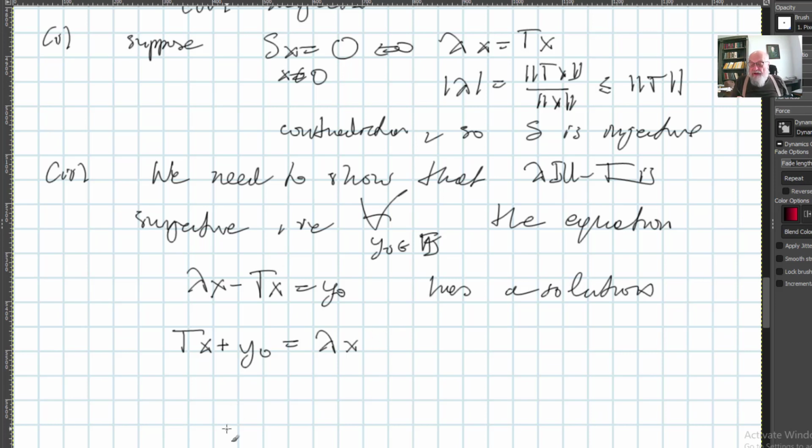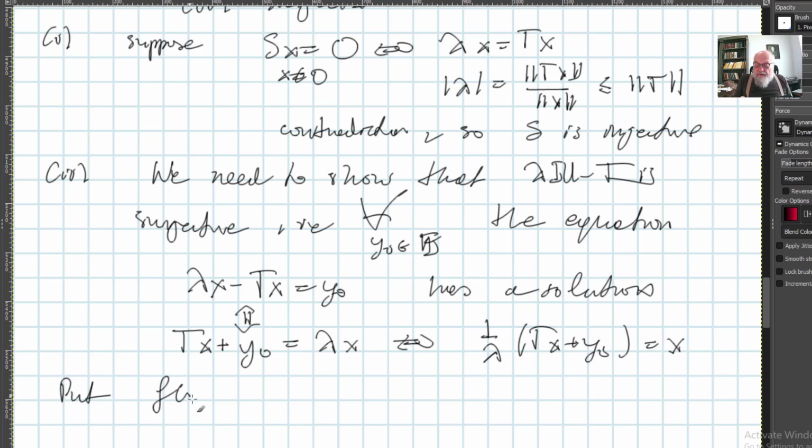And now we assume that lambda is not equal to 0, because it's larger than the norm. So this one is equivalent to 1 over lambda of T of x plus y0 is equal to 0. Put f of x is equal to 1 over lambda Tx plus y0, and notice that,